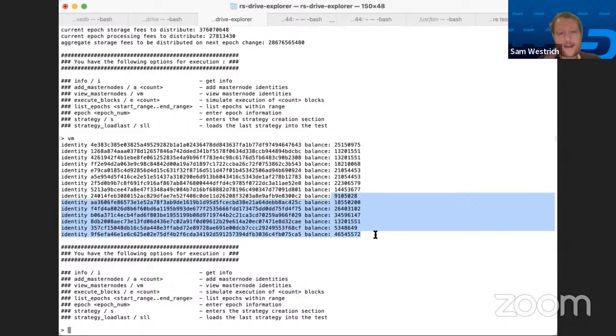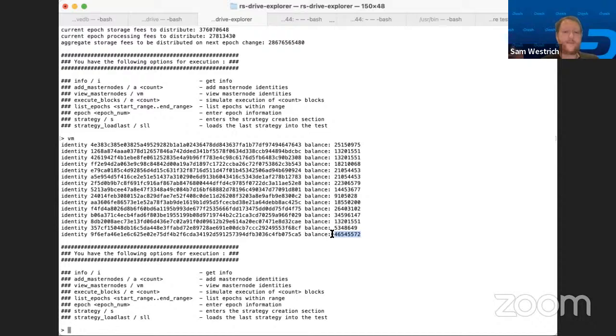The fact that a master node proposes a block in my simulation is completely random. And that's why we see some identities with a very high reward when some have a very low reward. In the actual way Tenderdash works, it's not random, it's pseudo-random. It's just like an order, one after the other. So the balance would actually be a lot more equal between identities.